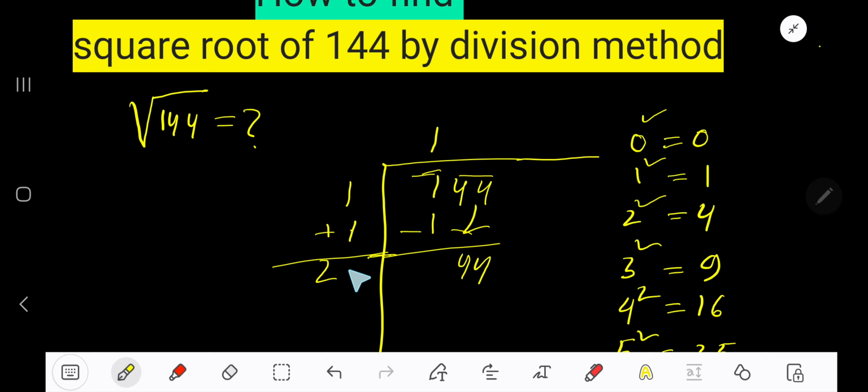Now construct the new divisor. You have to take a number here, and you also need to multiply it by the number you are taking. Look, here we have 44. So if you take 2 here,